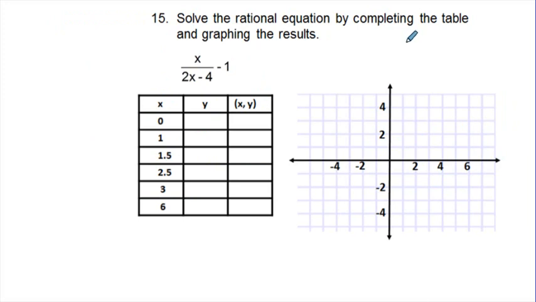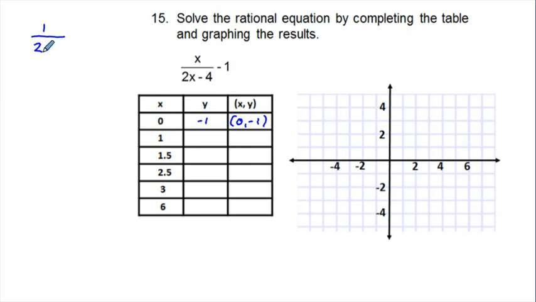So let's go ahead and do that. We're going to take input values, so I'm going to work these over here on the left. If we plug in 0 to this expression here, we'll get 0 minus 1, so we have negative 1. So our point, or an xy coordinate pair, is going to be 0, comma, negative 1. And next, if we plug in 1, I'm going to work this out here,